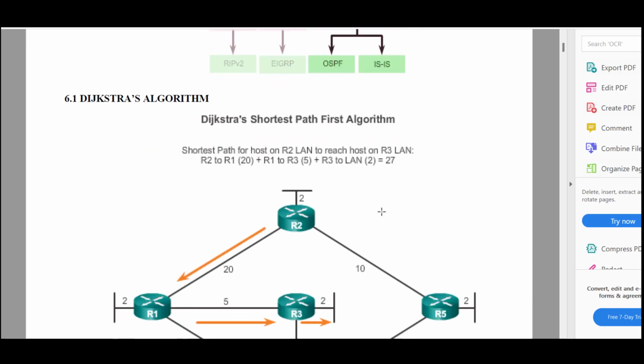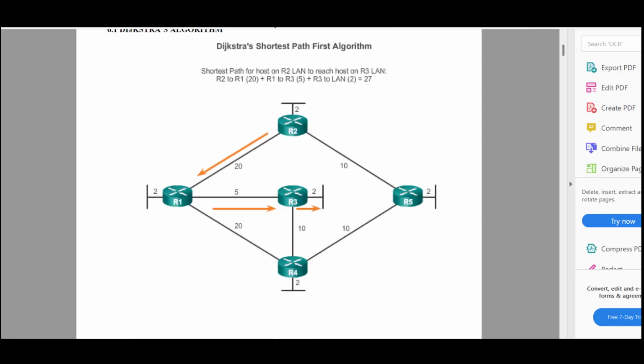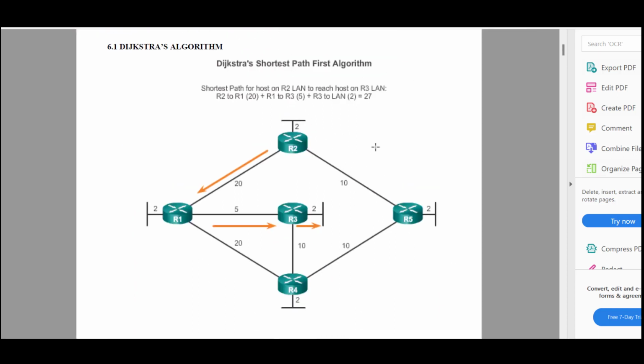Link state routing protocols, basically, look at the cost of the link. How to calculate the cost, we will see later in the next lecture. But they use something called cost. They are not going to look at the number of hops. If you take the RIP protocol, the previous one, distance vector, the RIP protocol will count the number of hops.